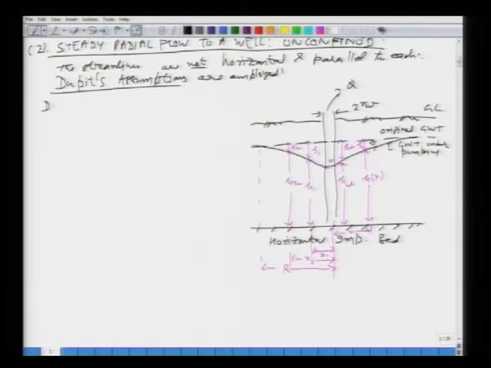So, we will employ exactly the similar analysis. If you look at from the top, you take a cylinder of radius r, okay, and then we will apply Darcy's law to this radial flow, which is taking place towards the well, right. What would that be? Well, Vr is the radial velocity, which will be k times dH dr, like we had said earlier, right. Now, what will be the pumping discharge?